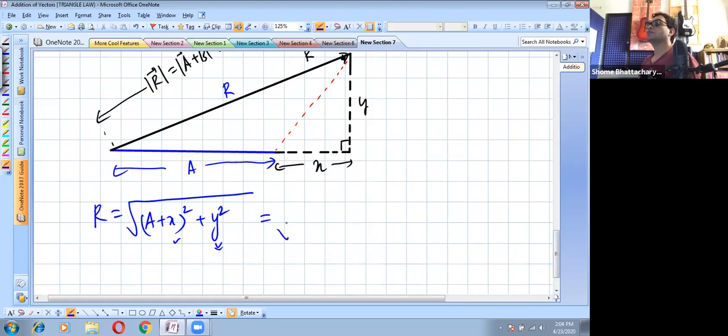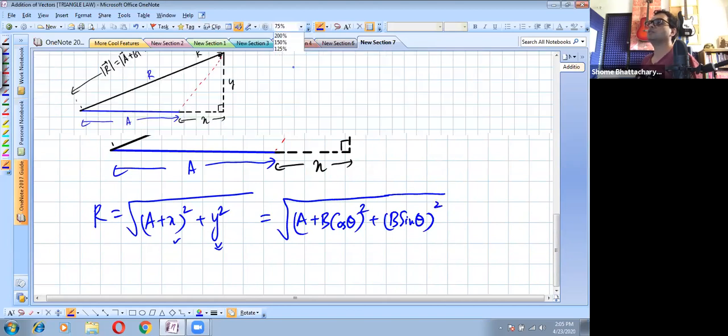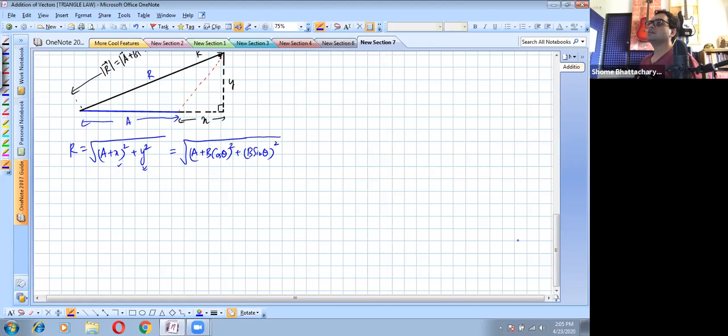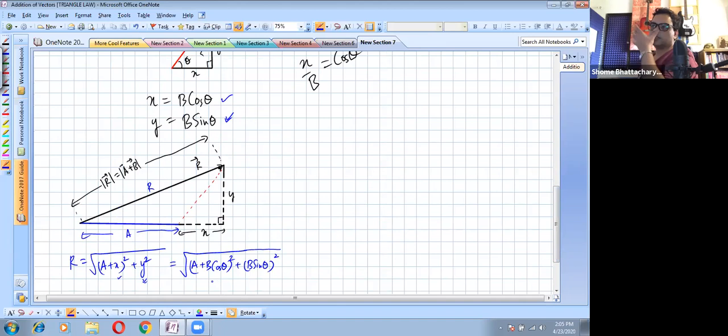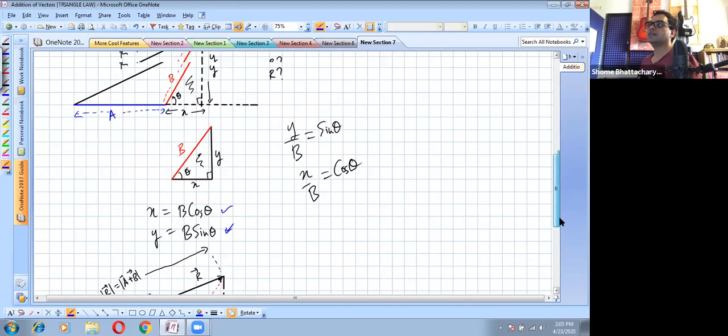This becomes square root of A plus B cos theta whole square plus B sin theta whole square. So I'm sure these steps will be clear to all of you. I'm just minimizing it for a moment for you to see. And once the steps are clear, now you can just algebraically simplify this a little more. Okay, so we can use the whole square formula and algebraically simplify this a little more, and that's how we'll proceed. But before that,